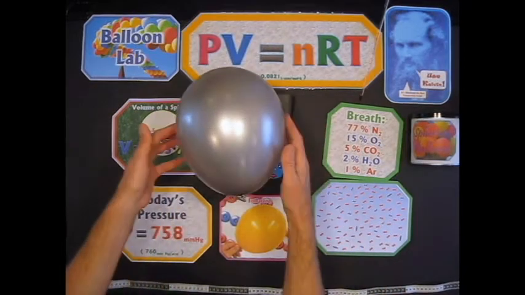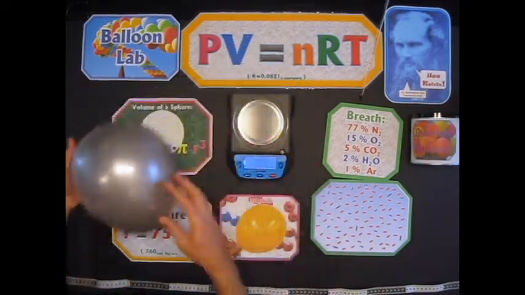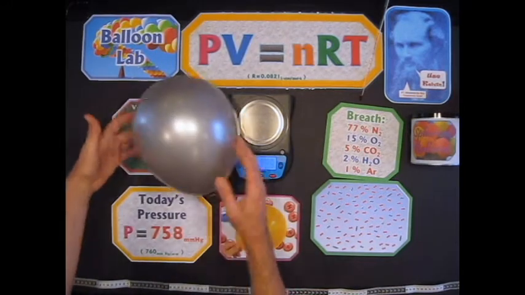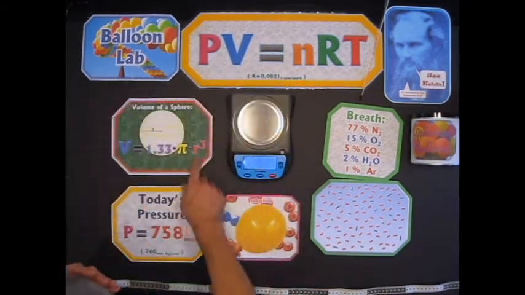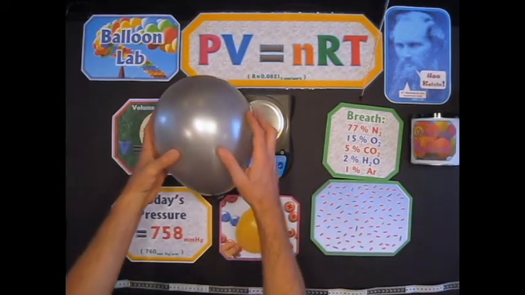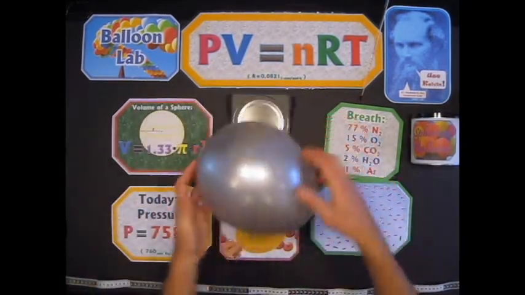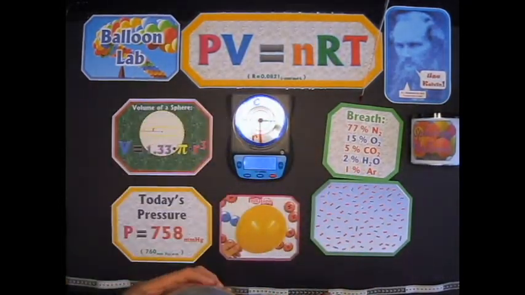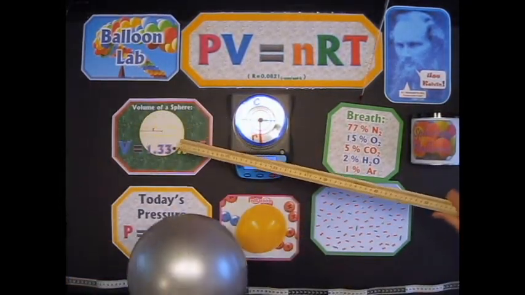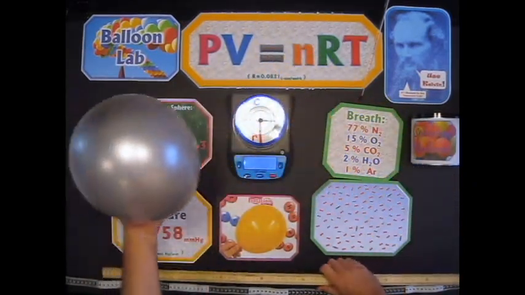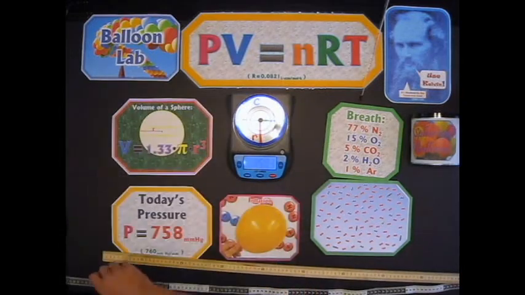Now the great thing is, if I want to get the volume of this, since it is pretty much a sphere, I only even need one measurement. That's the beauty of this equation. There's just one number you need to know for the volume of a sphere, and that's the radius. But again, we can't measure radius, which is inside of this. I could sort of estimate and say, well, okay, I can see that it's in between that and that, what I can eyeball, but that's not accurate. So I'm going to use my tape measure,